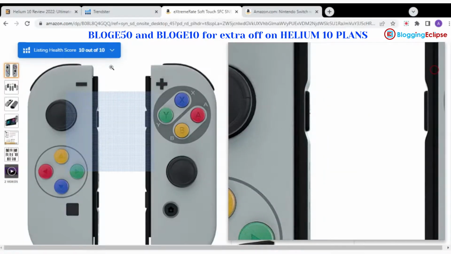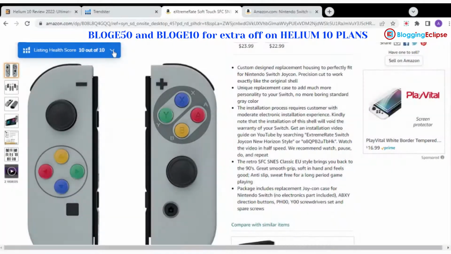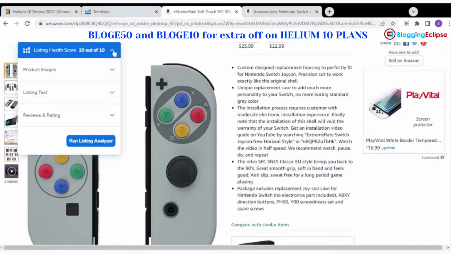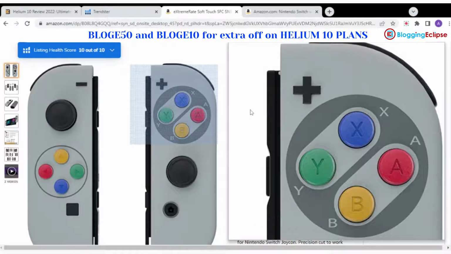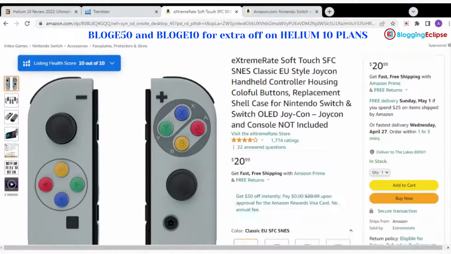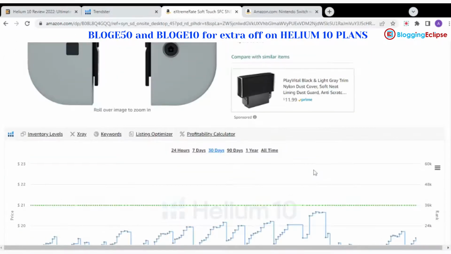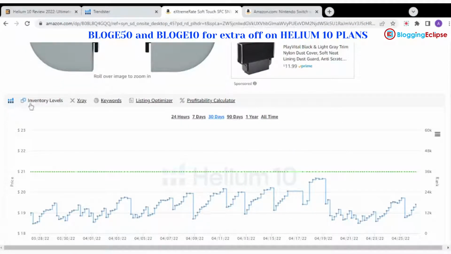Helium 10 also offers this tab where you can check the inventory levels, X-ray, keywords, listing optimization, and even the profitability calculator. Here's the ASIN number offered by this product.